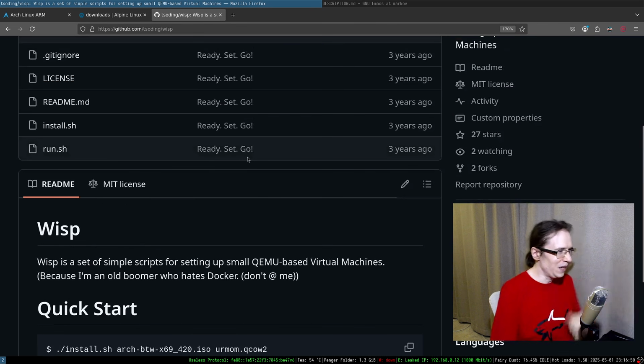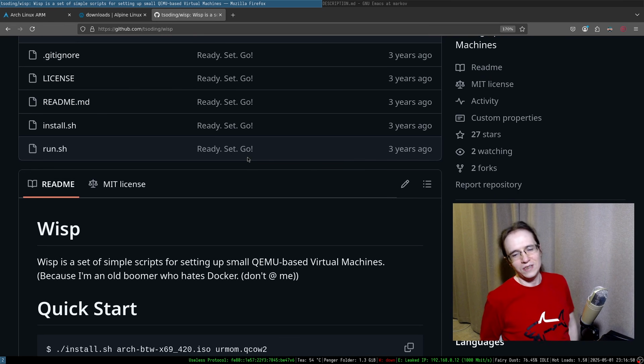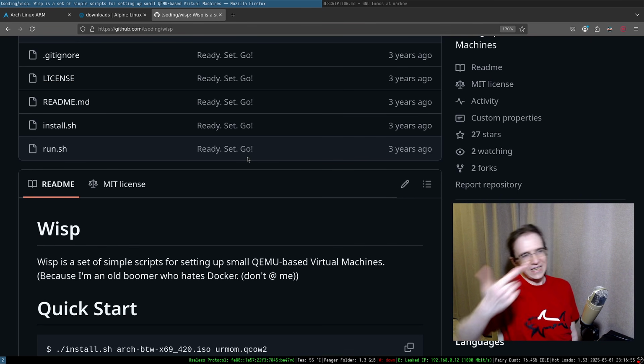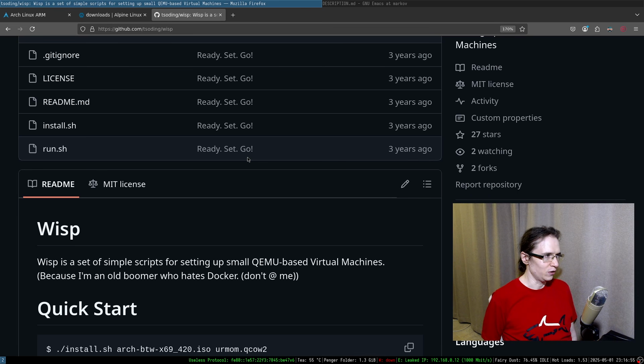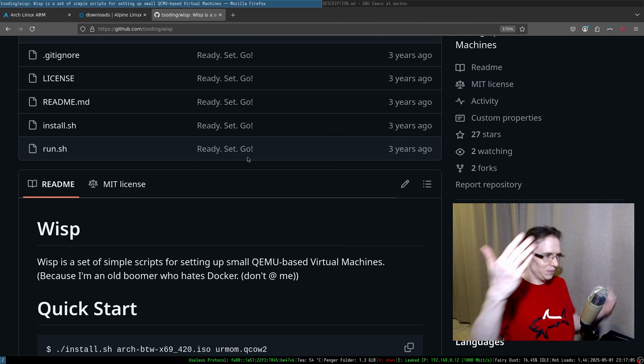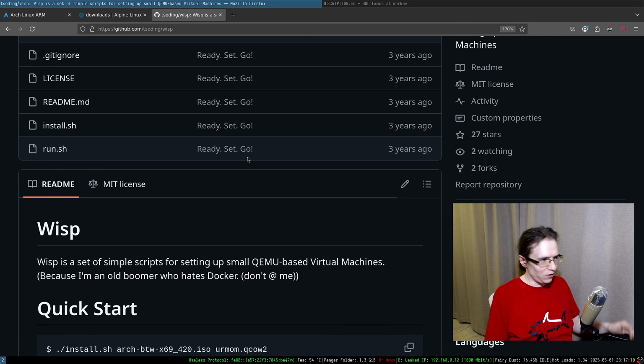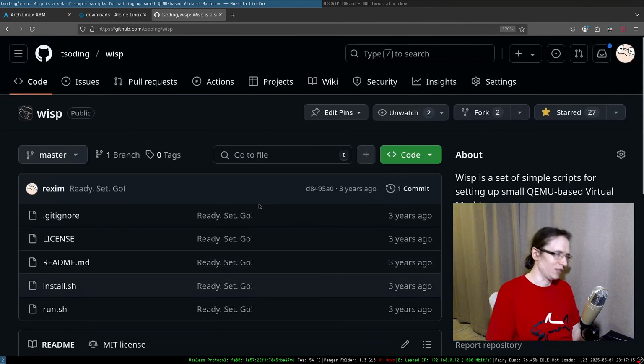Honestly, Docker wouldn't even help us with this kind of thing, because Docker is not an emulator. If you're running on an x86-64 machine, you're not going to magically get ARM unless, as the chat said in the pre-stream, you use a QEMU backend. But you're already using QEMU, you don't need Docker, it doesn't make any sense.